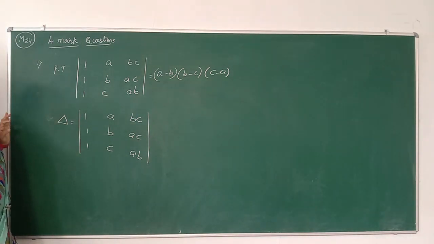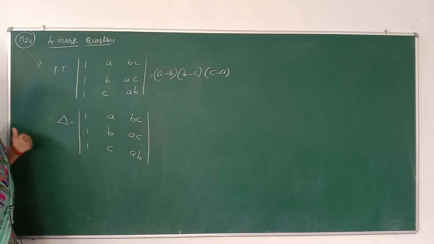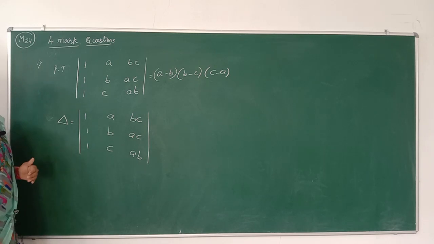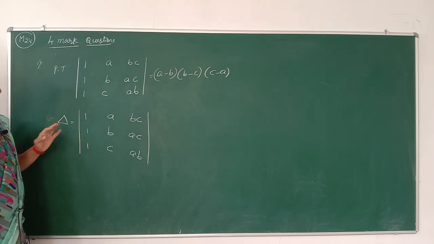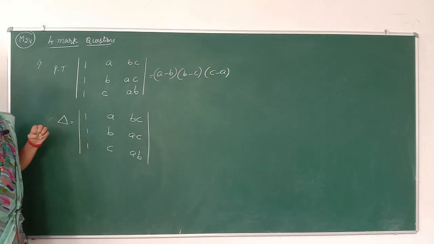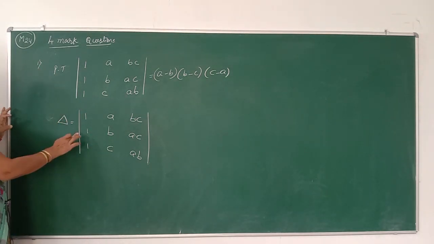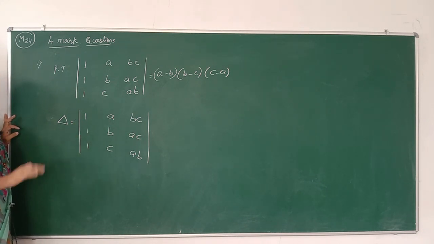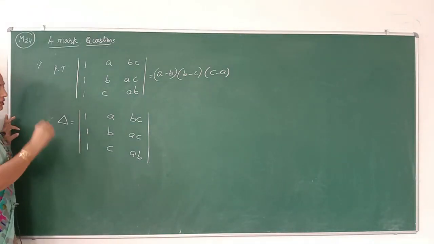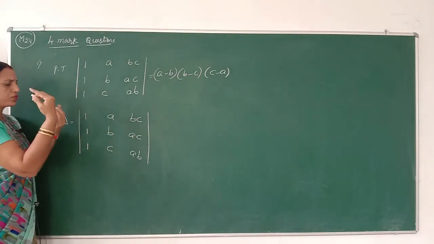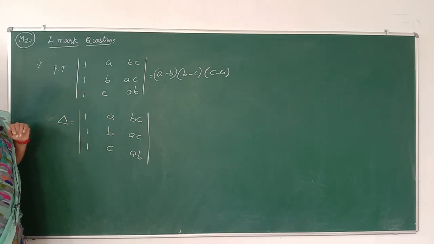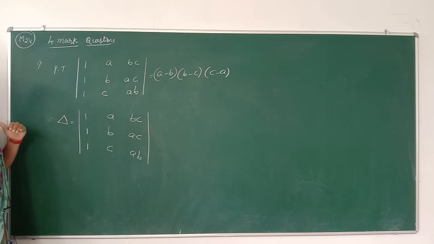If in some row or column all the elements are 1, 1, 1, then it is possible to get 0 after subtraction. If we subtract rows or subtract columns, there is a higher chance of getting 0. So therefore these types of problems are somewhat easier compared to others. So if the elements are all 1, 1, 1, we choose any one of them, either the first row, second row or third row, and that one row will be fixed.